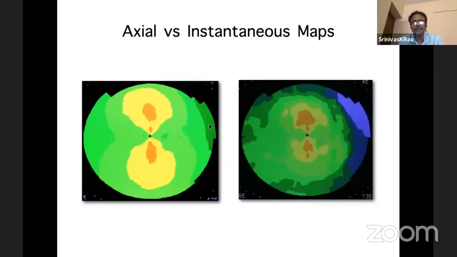This is the same cornea. When you look at it with the axial map, you see a very smooth, uniform pattern because the points are averaged and each one takes into account the point next to it. Whereas if you're doing the instantaneous map, each individual point is looked at in its true entity, and therefore you get a lot more distortion on the map or a lot more detail on the map, whichever way you choose to look at it. You get a slightly more irregular appearance.